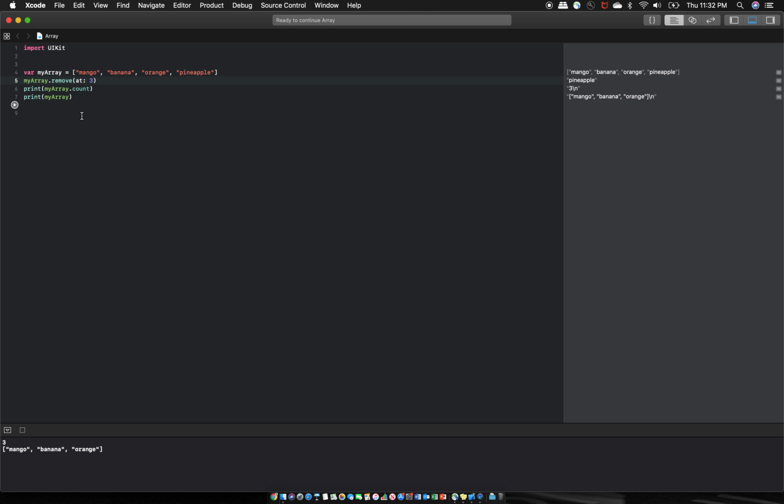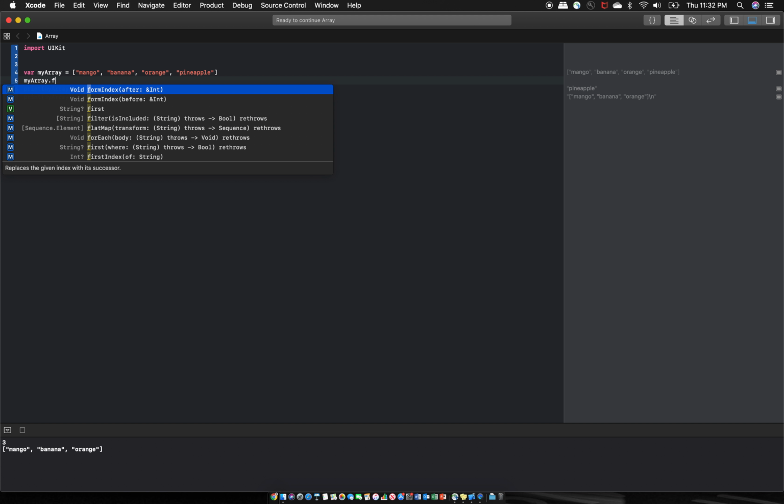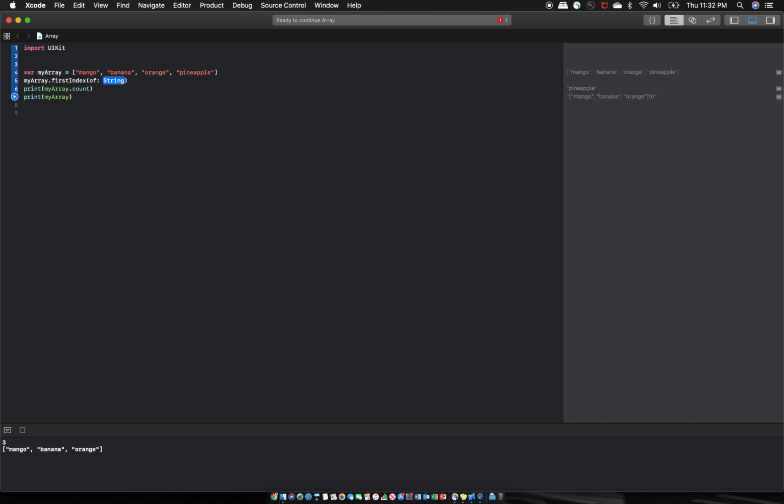Now I'm going to use one more method of array, that is firstIndex. Okay, let's see what it does. Okay, myArray.firstIndex. Now if you copy any value here, orange, and put it here and now hit run, it will tell you